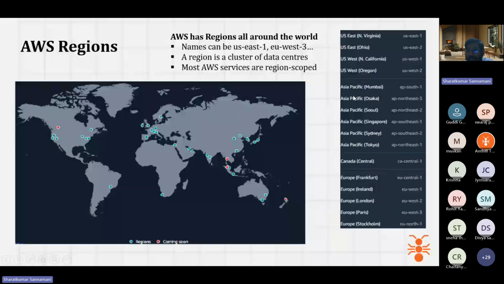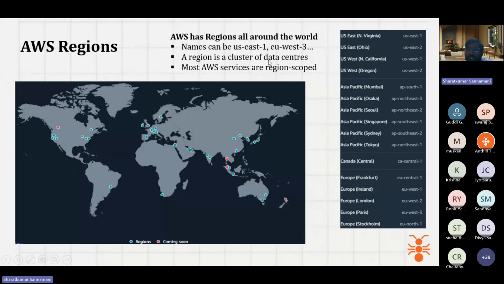In India they have Mumbai, and in Asia Pacific there is another location. There is Singapore and Sydney. Singapore will come somewhere around here, and Sydney. And they have Tokyo, which also comes somewhere here. A small country, Japan. Like this, they have categorized the regions.